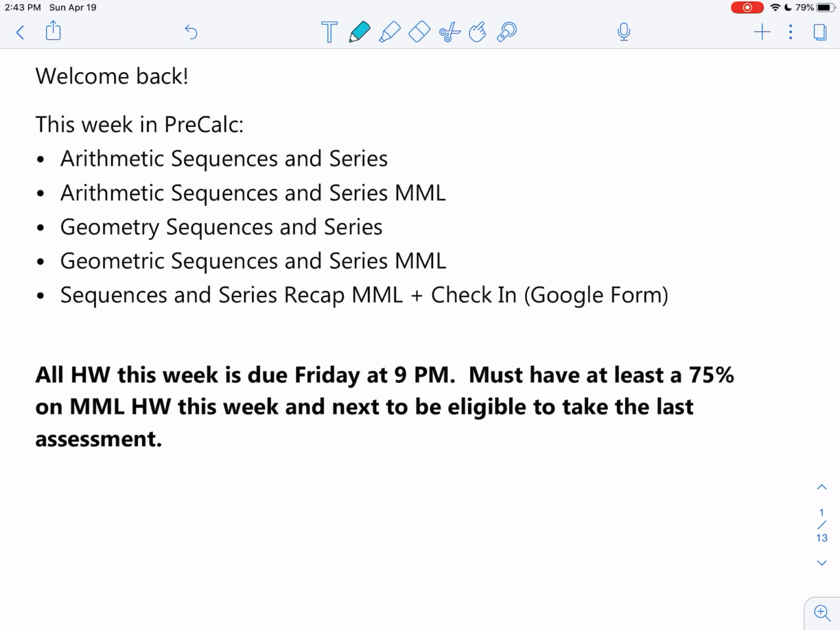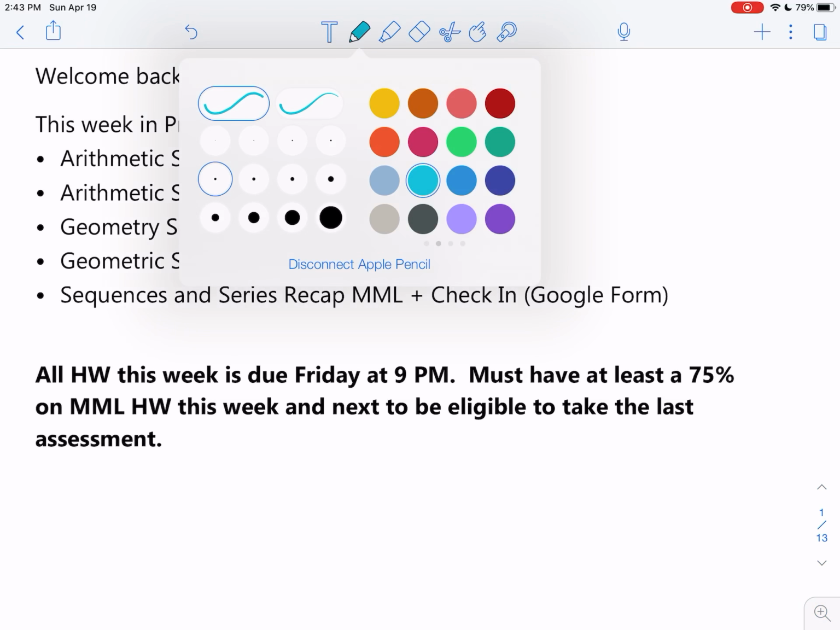We are in week 4 now, so we've got 2 more weeks of distance learning, so we're really wrapping it up here. This week we're going to be looking at sequences and series, so a lot of this should look familiar from Algebra 2. Today you're going to be looking at arithmetic sequences and series, and then you've got a My Math Lab homework over this, and then the next video will be on geometric